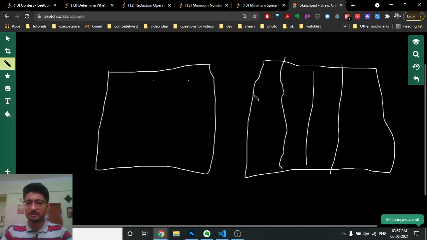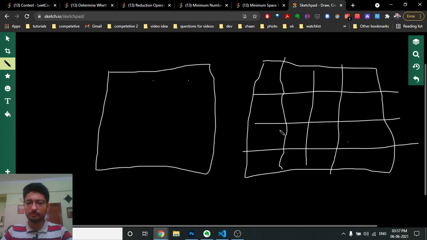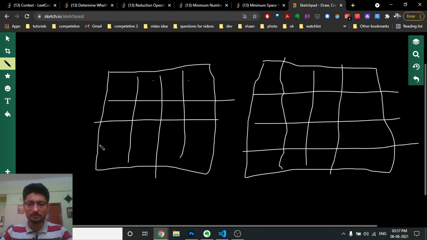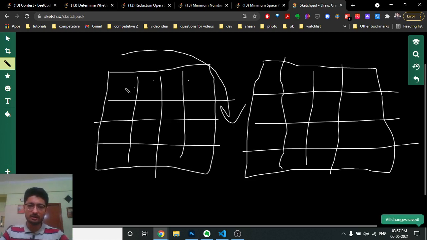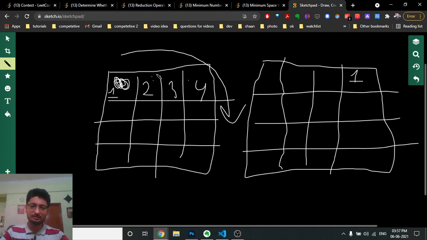So let's say that this is the 4x4 matrix we have. Now if you rotate this matrix 90 degrees, where does this block go? This block will go to this point. So this is 1, this is 1. If this is 2, 3, 4, where will this line come?